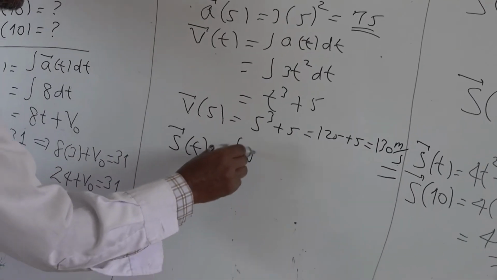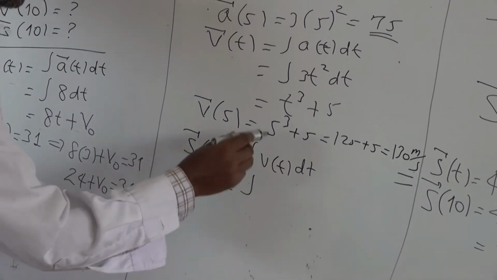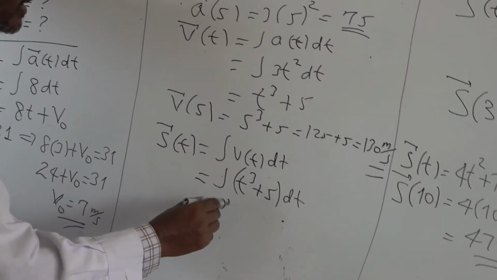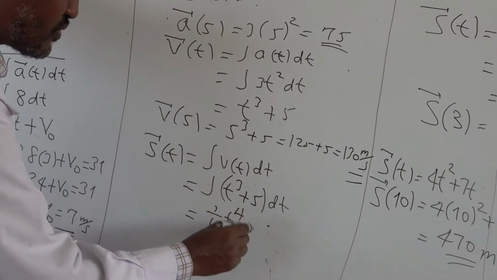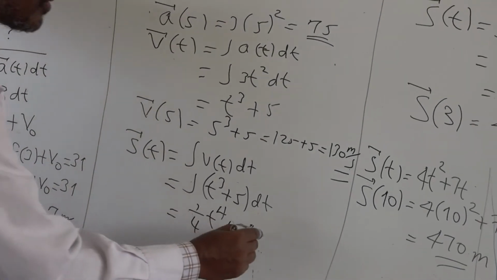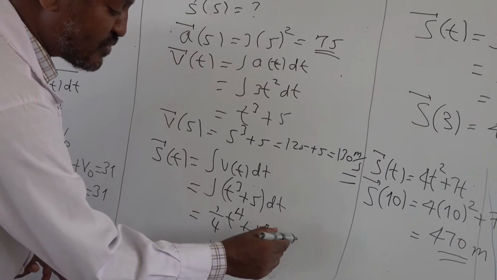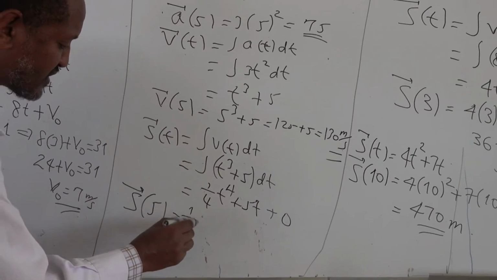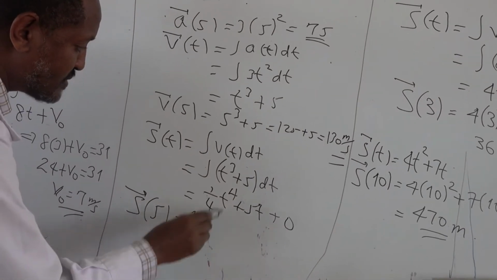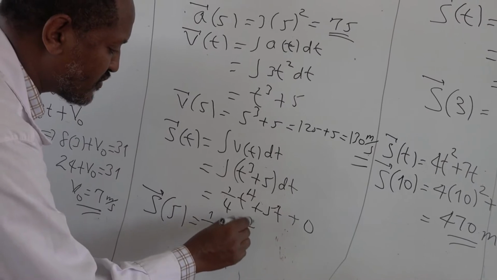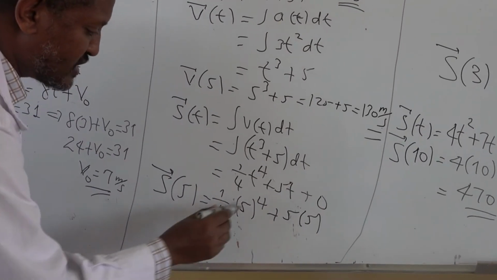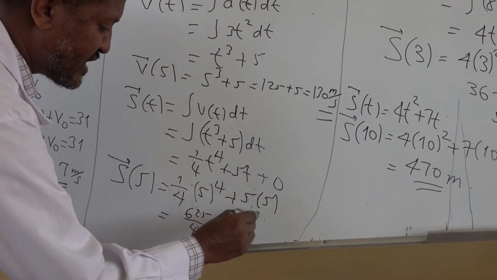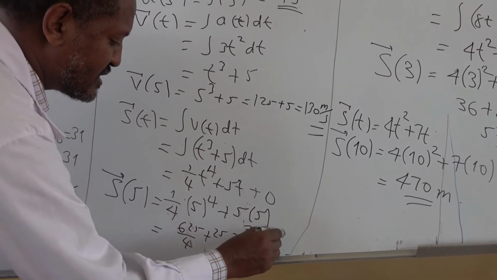Now at last, let's find the displacement. Displacement is the integral of the velocity function. The integral of the velocity function is t cubed plus 5 dt, and the integral is 1 over 4 t to the power 4 plus 5t plus some constant. We can assume the displacement at t equals 0 as simply 0, so plus 0. So displacement at t equals 5 will be 1 over 4 times 5 to the power of 4 plus 5 times 5. This is 625 over 4 plus 25. 4 times 25, 100, 725 over 4,